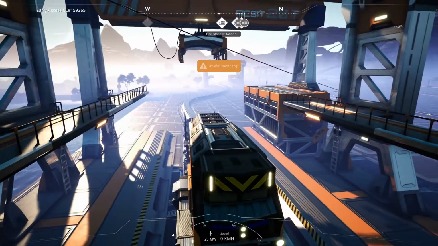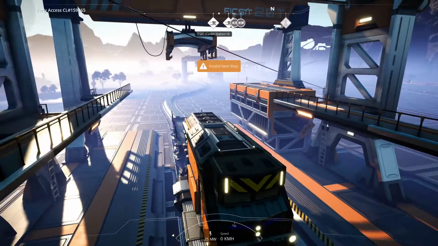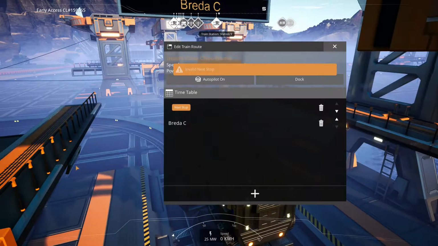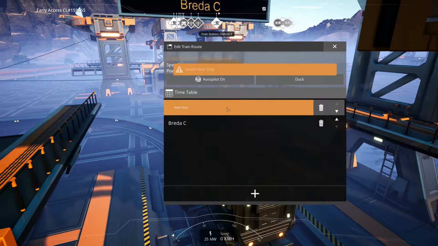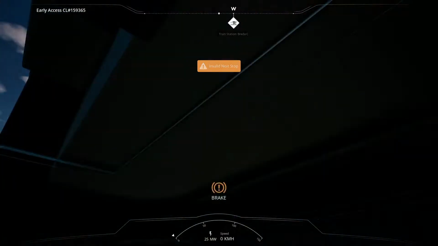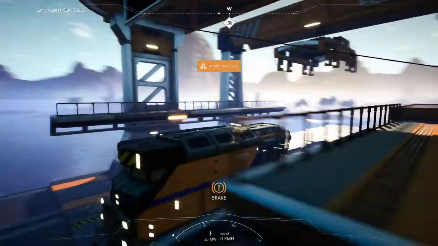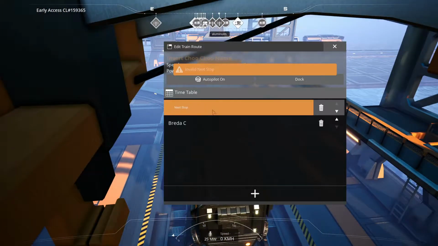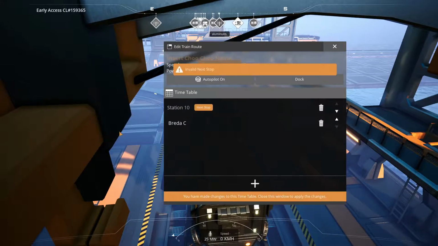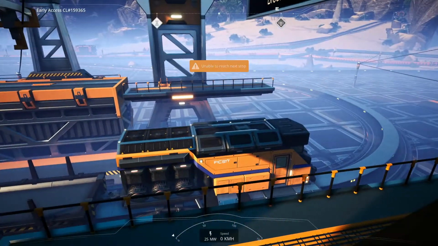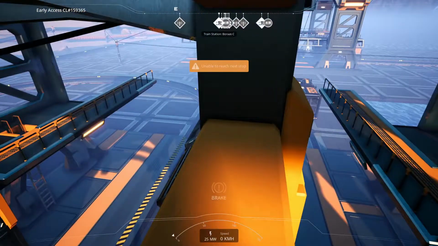That station over there, I wasn't happy, so I quickly took it down and rebuilt it, and now I've got a train that doesn't want to work, because even though the train station name might be the same, or you rename it, the train loses that information. So now let's select station 10, go out, and now it's changed to unable to reach the